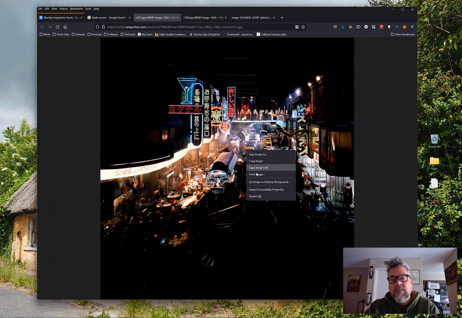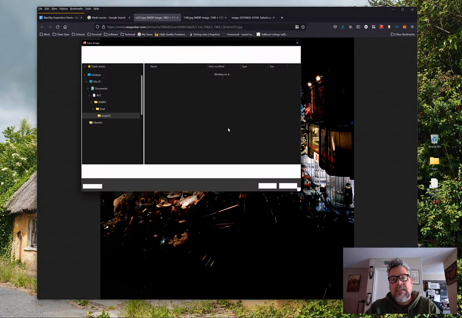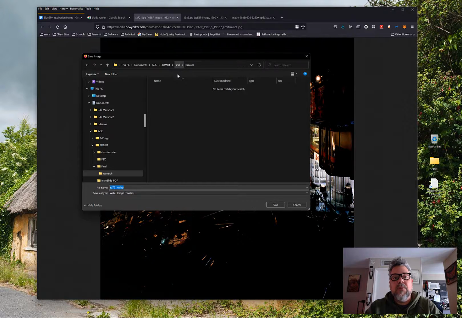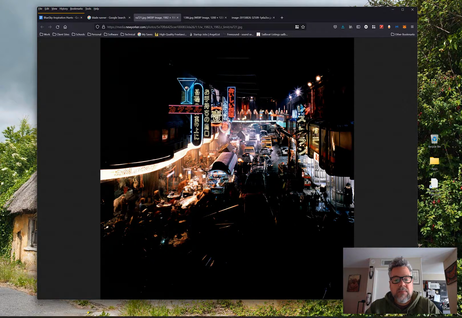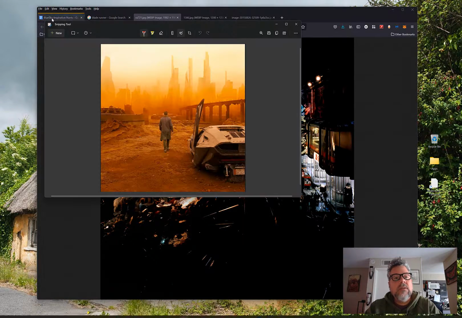I like this scene. Save image as. So if we have a night scene, make it kind of sandy. That could be really cool. So ACC 31 final research. It's a WebP again, so we'll just go ahead and repeat that and copy. And new